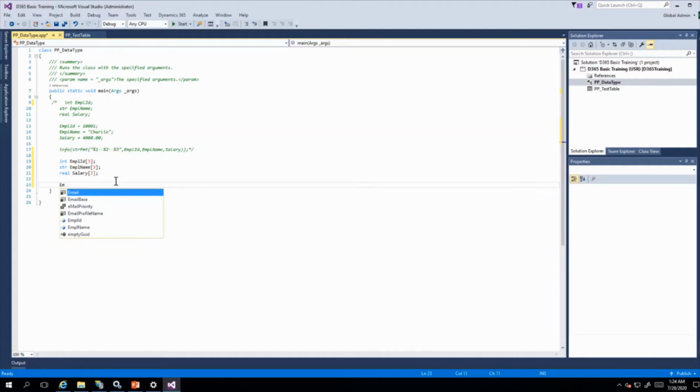Now to assign value, we have to give the integer index. So first employee, the ID is 10001. Two. Here is the last one.